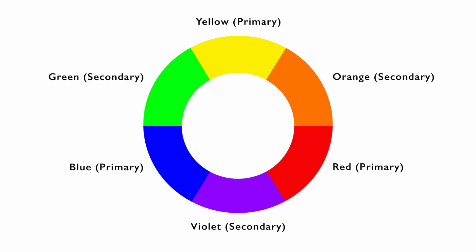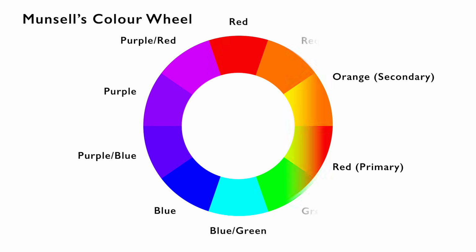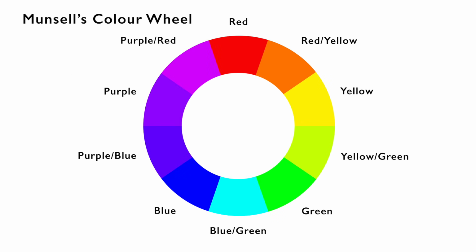To make sense of them all, artists normally use a colour wheel divided into primary and secondary colours. Munsell wanted a numbered system, so his colour wheel consists of 5 principal colours and 5 intermediate colours. Personally, I find this incredibly complicated. What if there was a much simpler way to think about colour? Fortunately, there is. A wise artist once said,